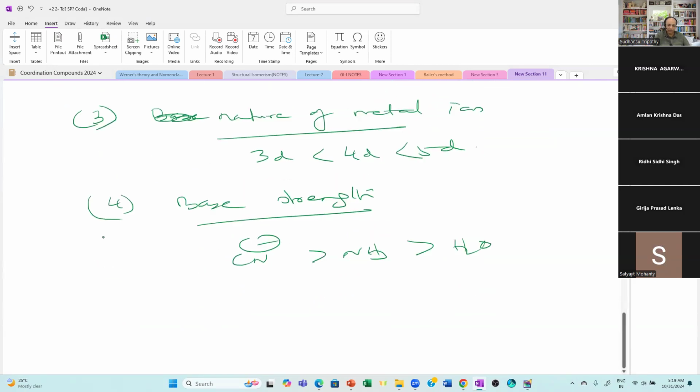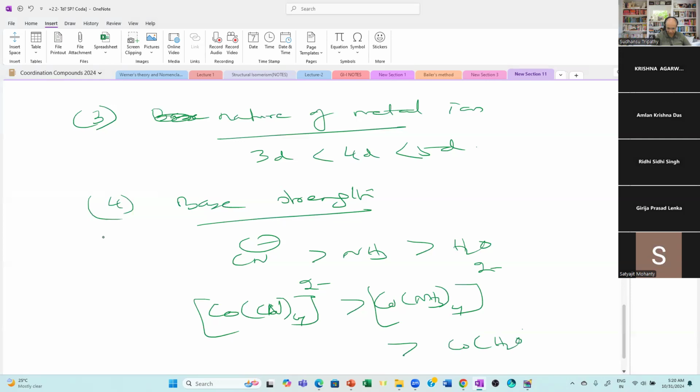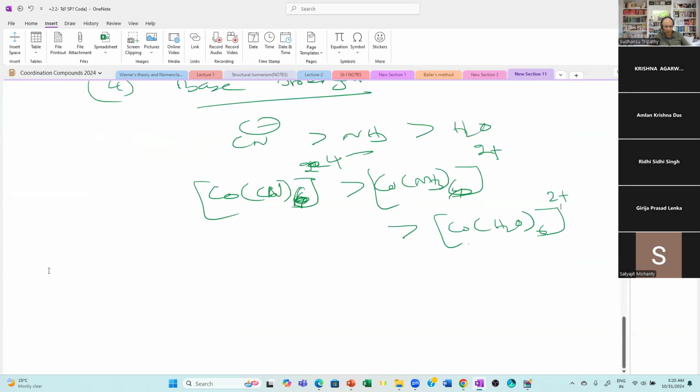So with a particular ligand remaining fixed, say cobalt, and coordination number fixed, you can make it 6 also. Two plus. If you make it a cyanide complex, it will be 4 minus. This is 2 plus and this is 2 plus. Next point,